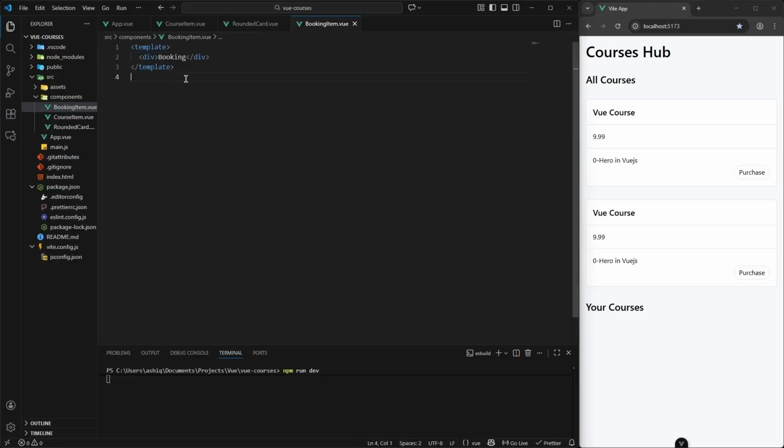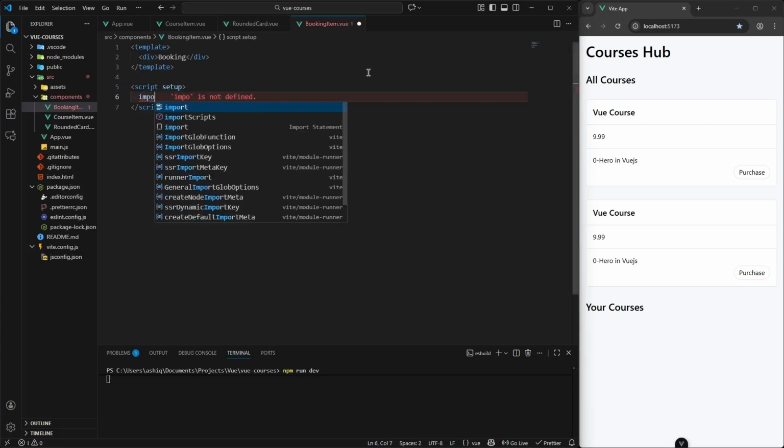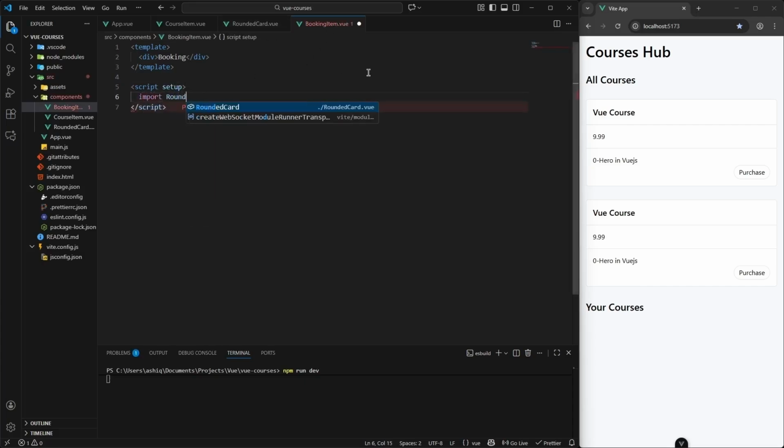Now next we also need the script with the setup. That's because we want to import that rounded card. So we say import RoundedCard from